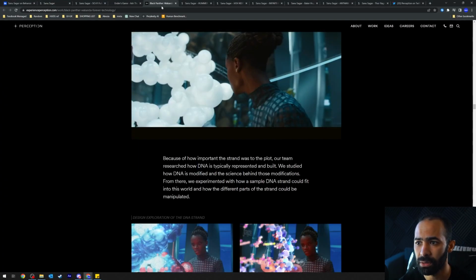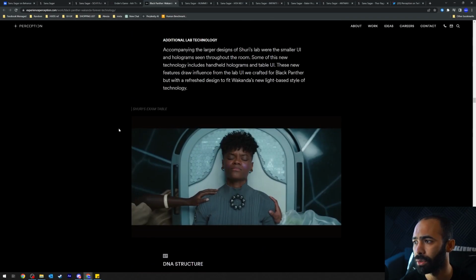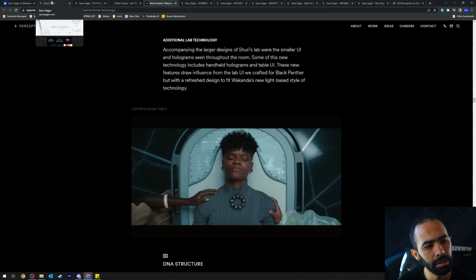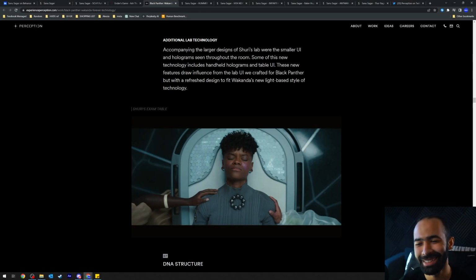Perception is a studio, as you can see here. The Perception is a studio that just focuses on, I believe, VFX, title credits, and the UI. Mainly UI, that's how they got known. Yeah, he managed to nail a full-time design position with them. And I believe, if I'm not mistaken, just recently, like a few weeks ago, or a month ago, he switched to be a full-time freelancer, but he still works with Perception as far as I'm concerned. I hope these details are not wrong.